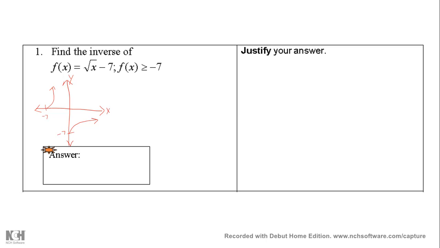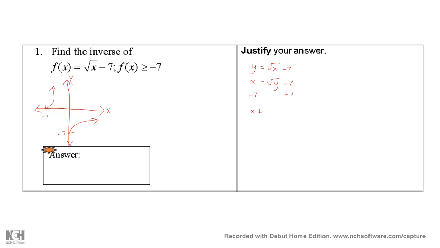Whenever we find the inverse, we need to first set it up in terms of y equals. So y equals the square root of x minus 7. And we want to swap the x and the y, because that is how you find the inverse, right? Then we have to get the y by itself. So we're going to add 7 to both sides,